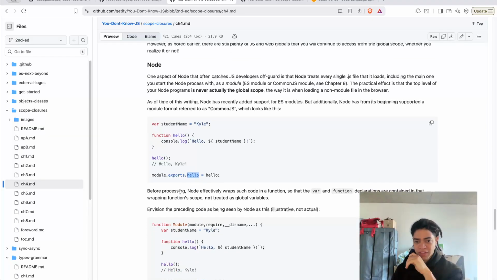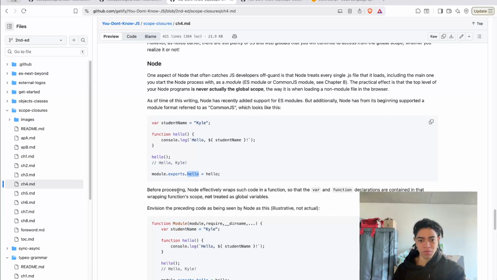So before processing, Node effectively wraps such code in a function, so that var and function declarations are contained in the wrapping function scope, not treated as global variables. Exactly. So they are wrapped in a module or function scope in this case, not treated as global variables.